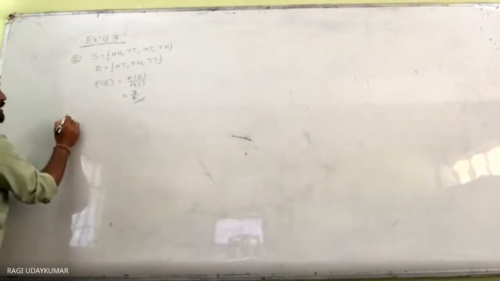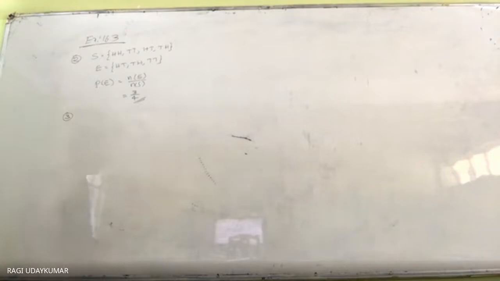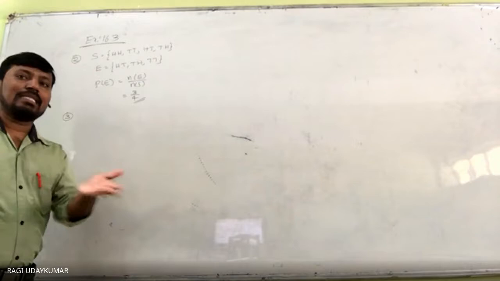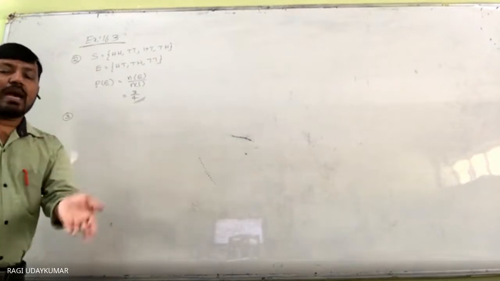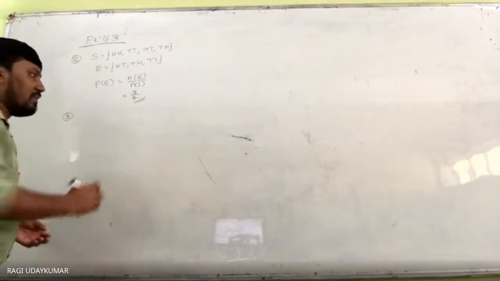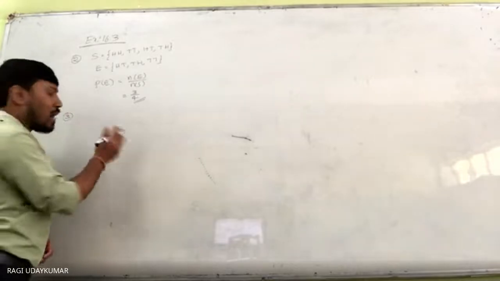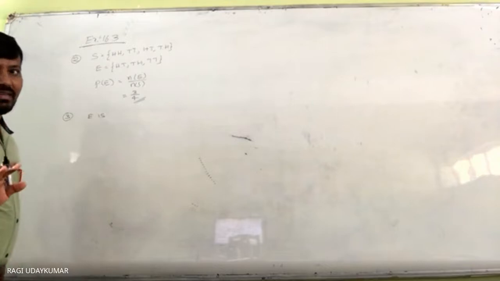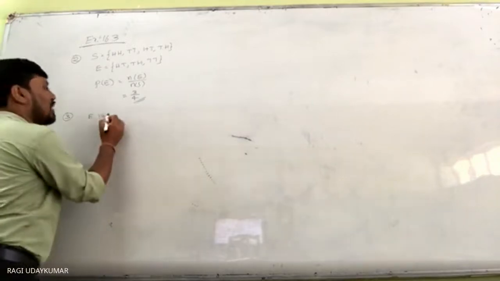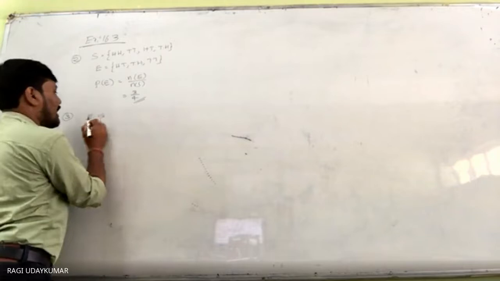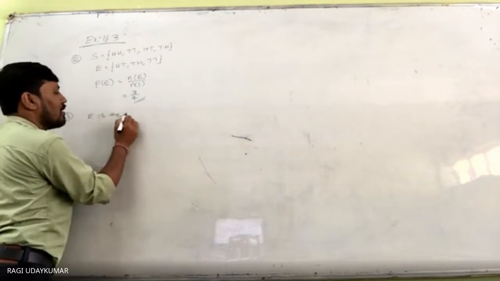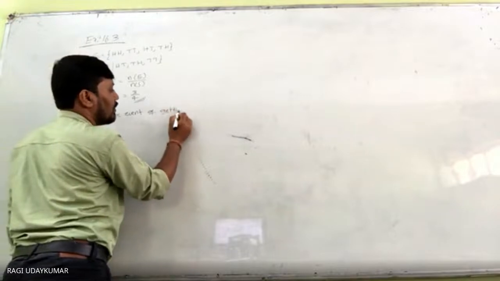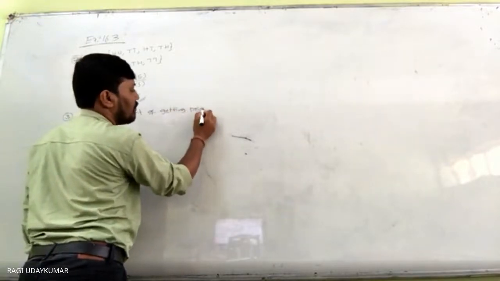Third question. A die is thrown. Find the probability of the following event. When the die is thrown, there are 6 outcomes. A prime number will appear. E is the event of getting a prime number. You have to write it like that. For 1 mark, if it is given to you, there is no need of writing E, but the way you need to present the answer is: E is the event of getting a prime number.